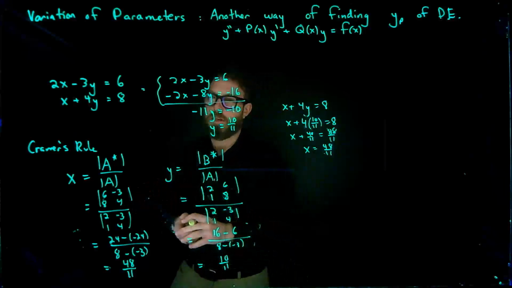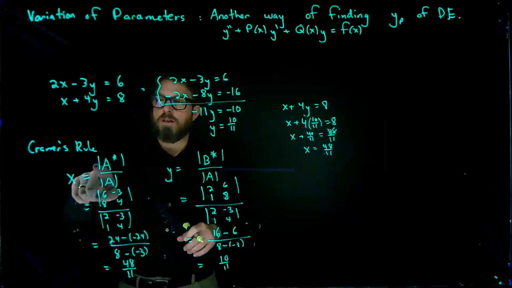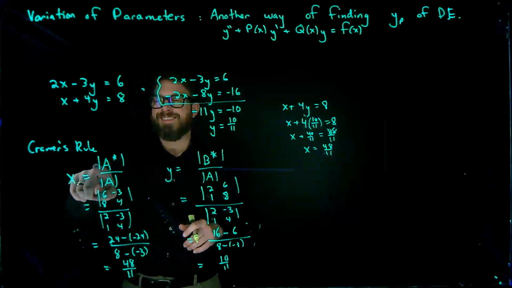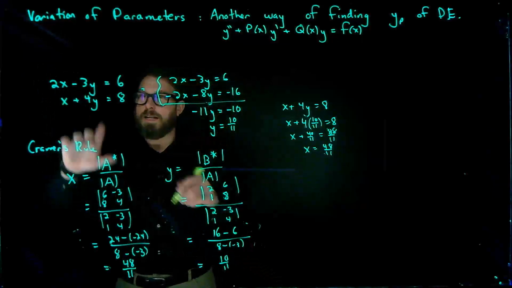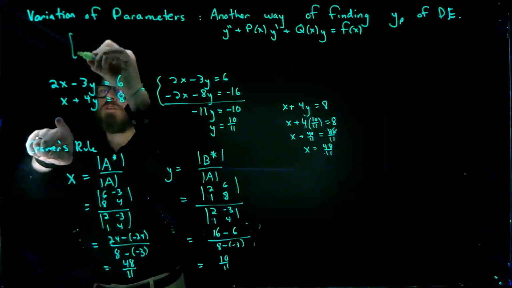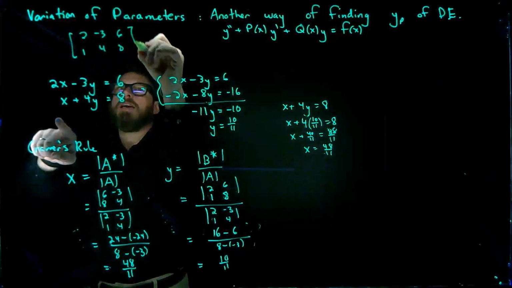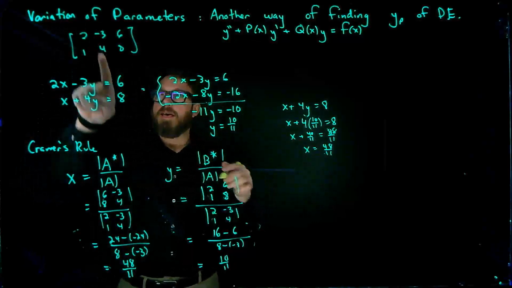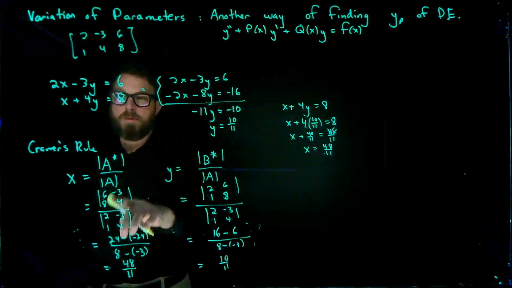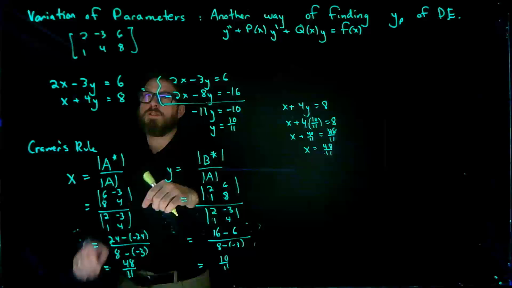Now, Cramer's rule says that we can use matrices to solve these things, so we'll call this the determinant of A star. Now, A star, if we're looking at this matrix here, we have this 2, 1, minus 3, 4, and then 6, 8. A star, since I'm trying to solve for x, is I cover up the x column, and then this 6 and 8 is going to go in that spot, so 6, 8, and then I'm going to use this 3, negative 4. So the determinant of that over the determinant of